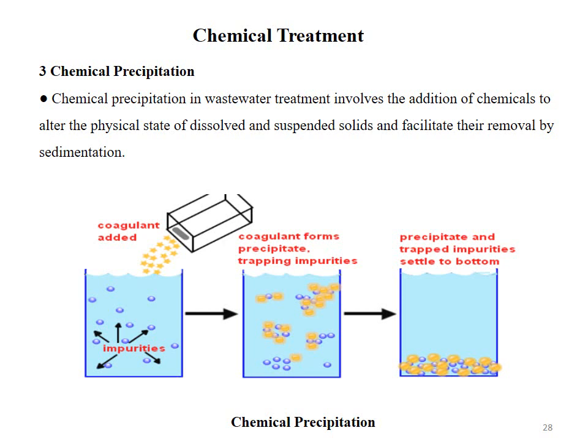removal by sedimentation. It means हम कोई ऐसा केमिकल उस वाटर में या वेस्ट वाटर में ऐड करते हैं जो उस वाटर में मौजूद इम्प्योरिटीज़ के साथ जाके रिएक्ट करता है, यानी एक केमिकल प्रोसेस हो गया, और उस रिएक्शन के रिजल्ट में प्रेसिपिटेट्स बन जाते हैं और वो प्रेसिपिटेट्स वहाँ पर सेटल डाउन हो जाते हैं। अब जिस टैंक में या जिस भी पार्ट में, जिस वेसल में हम ये प्रोसेस कर रहे होते हैं, उस वेसल के या उस टैंक के बॉटम पे इन प्रेसिपिटेट्स को कलेक्ट कर लिया जाता है।